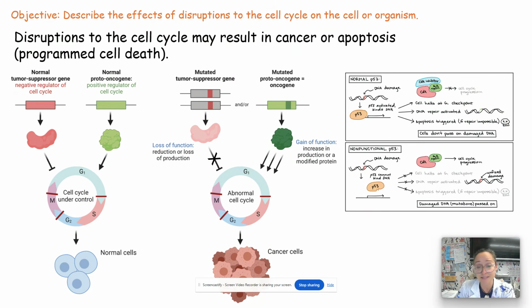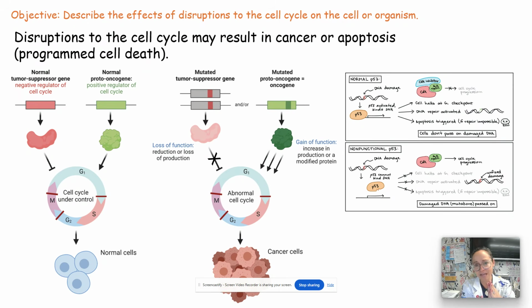Now, disruptions to the cell cycle may result in cancer, which is abnormal cell growth, and it often is characterized by a faster or shorter cell cycle. They are just speeding through the cell cycle. And so if we talk about this, we have a couple important types of genes. We have tumor suppressor genes, which you can see on the left of my screen, that are meant to inhibit. So a tumor suppressor gene is a gene like P53 that is going to say, hey,